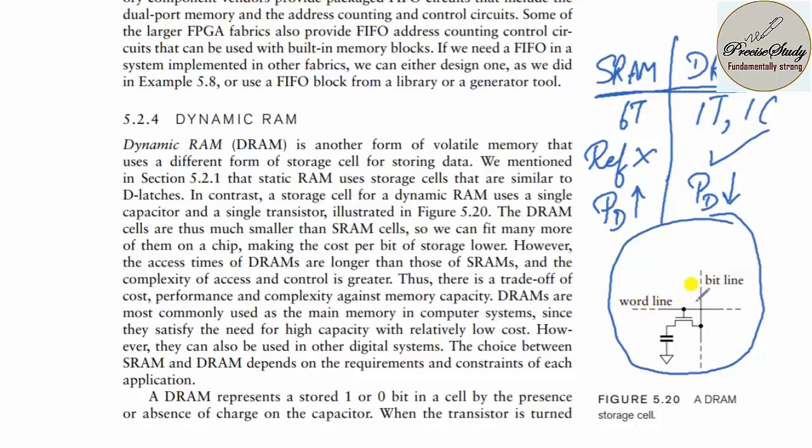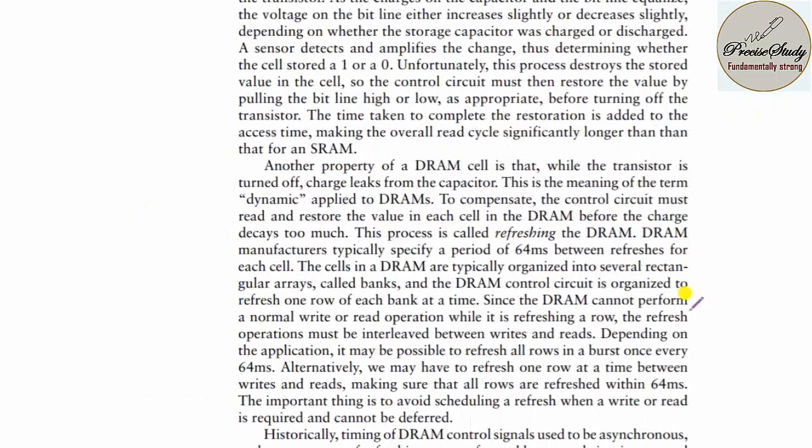So the working part you should go through. If you want to write the data into the memory, at that time what you have to do is the word line should be made high. When the word line is made high, whatever data is present in the bit line will be passed to the capacitor. Capacitor will be storing the information. Since the capacitor has dielectric constants, it is not ideal. At that time there will be dielectric leakage, nothing but a leakage of voltage. In order to overcome this, every time you have to go for periodic refreshing. So that is the major constraint if you are using dynamic RAM.